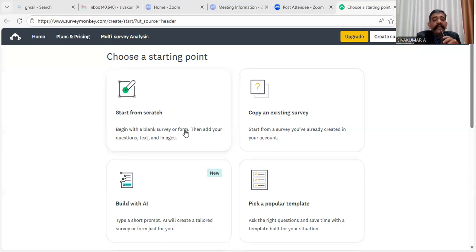The next media for online data collection is social media. You can use popular social media platforms like WhatsApp, Facebook, Insta, LinkedIn, X, Twitter, etc. for data collection.